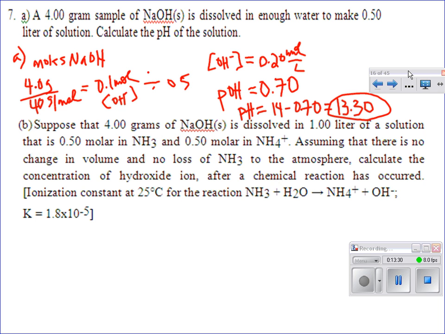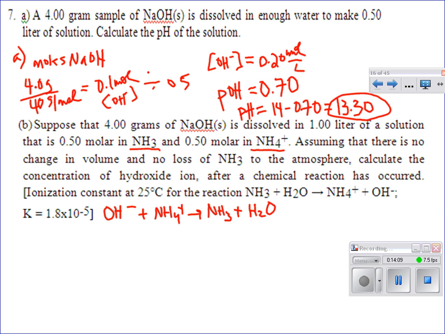Suppose that 4 grams of sodium hydroxide is dissolved in 1 liter of solution that is 0.5 molar NH3 and 0.5 molar NH4+. What kind of solution is that? Buffer. What are we doing to the buffer? We're invading it, right? So let's write our invasion equation and see what we get. OH-, what part of the buffer is it going to react with? NH4+, and it's going to make NH3 plus